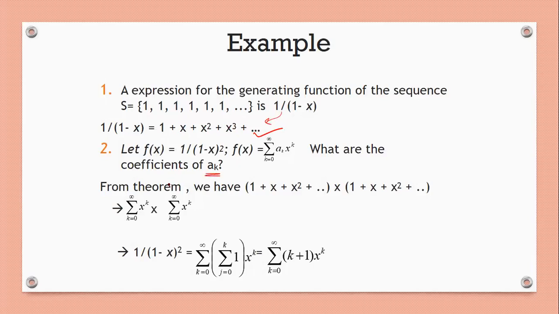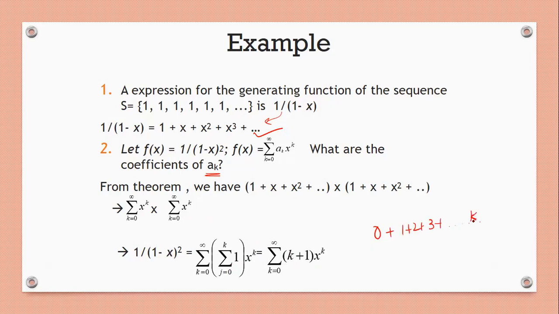And what are the coefficients? The sum over k from 0 to infinity of x power k into the sum over k from 0 to infinity of x power k. So the coefficient is simply 1. From j equal to 0 to k, we will have the summation in the following way: the sum over k from 0 to infinity of (k plus 1) into x power k. So we will add from 0 to k terms plus this 1. So we will take 0 plus 1 plus 2 plus 3 and so on up to k.